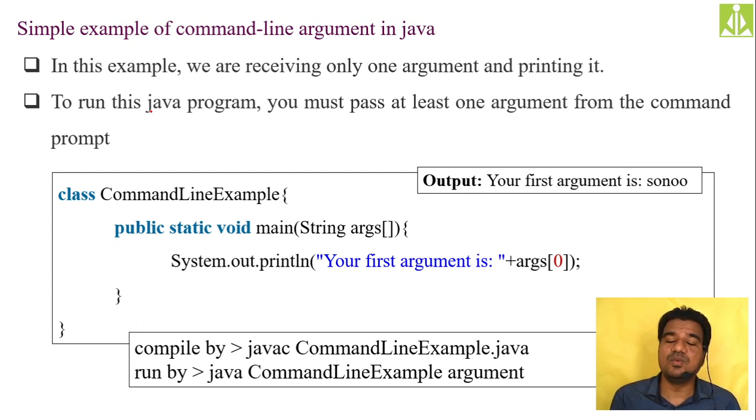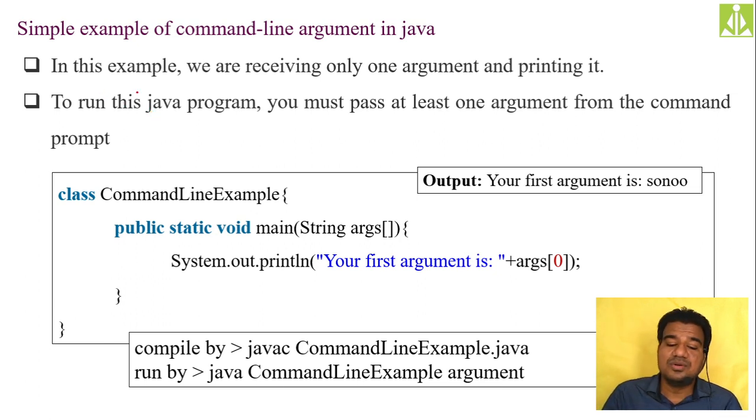But my IDE, whatever I am using, my lightweight IDE, that is Edit Plus, it is not supporting that concept. So in order to work with these command line arguments, I'm narrating the program inside the Edit Plus IDE, but for the execution I'm going to the command prompt. Hopefully you understood. So here my class name, I have taken CommandLineExample, and in that I'm writing my public static void main, and I'm keeping one simple message: Your first argument is args of 0.